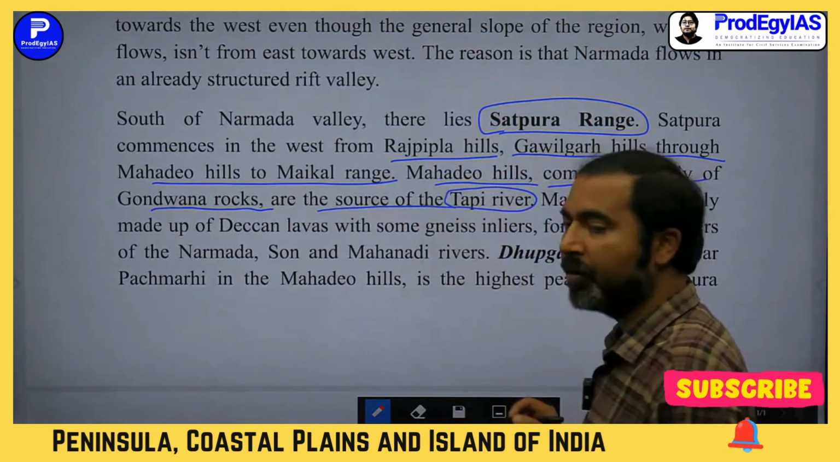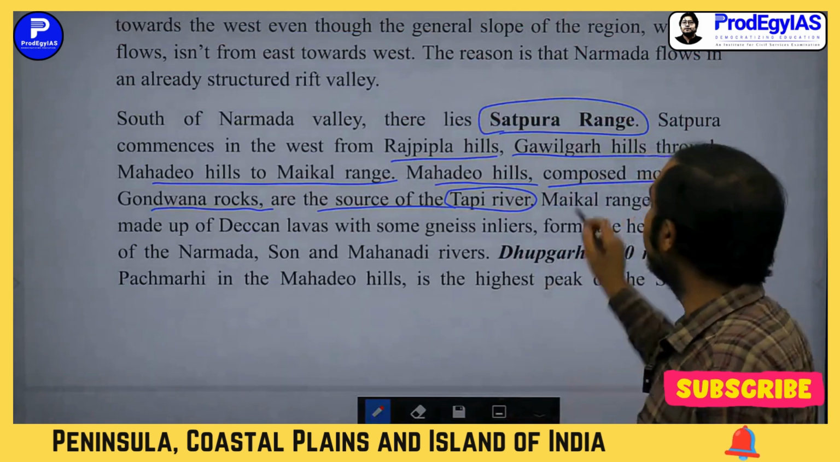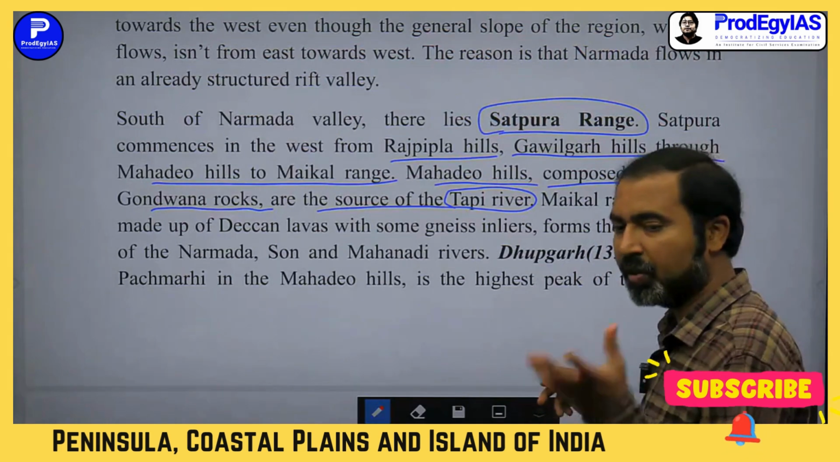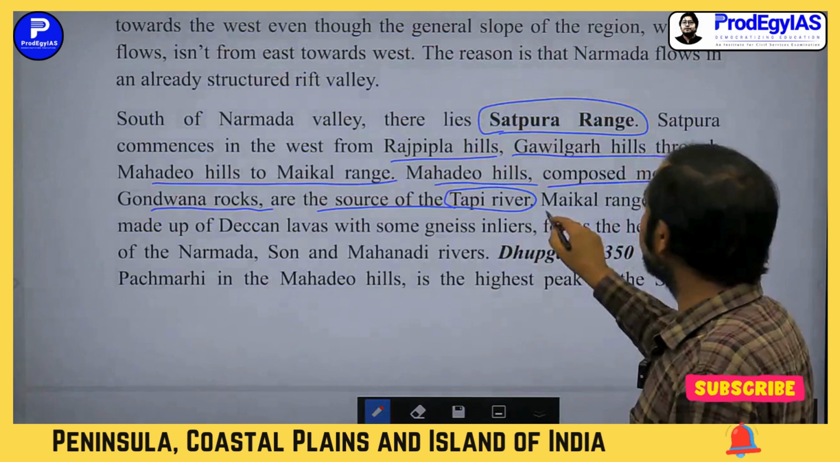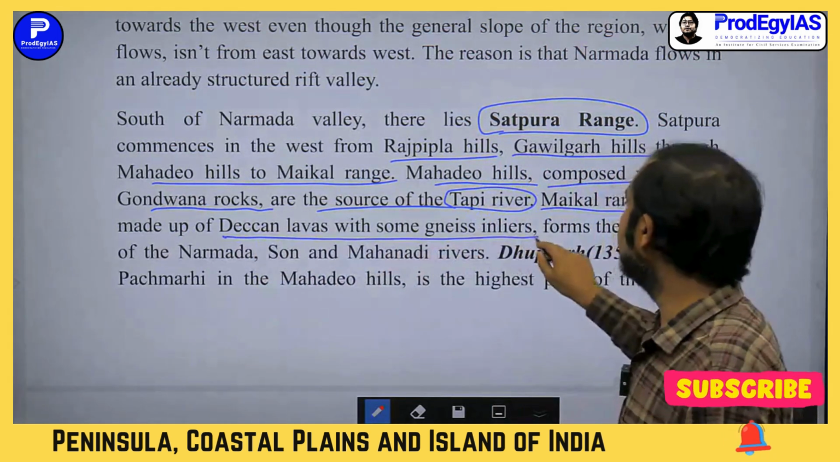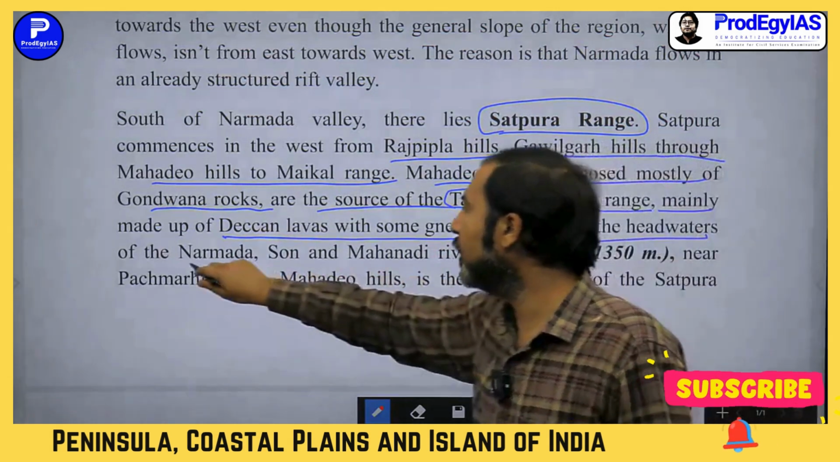You know that the Tapi River valley is important for coal, right? So they are made up of Gondwana rocks. That is why they are important for coal. You know that Gondwana rocks are in the form of coal. The Mekal range, mainly made up of Deccan lavas with some nice inliers, forms the headwaters of the Narmada, Son and